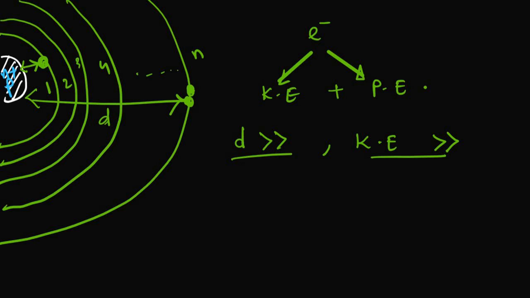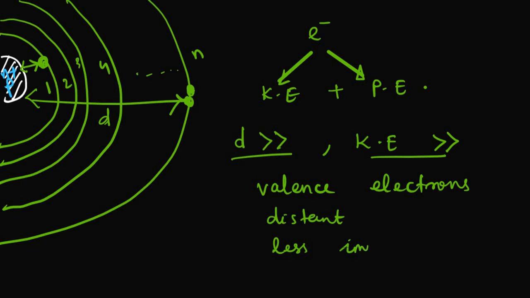The electrons in the outermost orbit of an atom are known as valence electrons because they conduct. That's why they are called valence electrons, because they are very distant from the nucleus and feel less of the attraction force from the nucleus. That's why they are easily mobile, have more energy, and they can be freed if some external force is applied on them. So there comes the concept of what a free electron is.